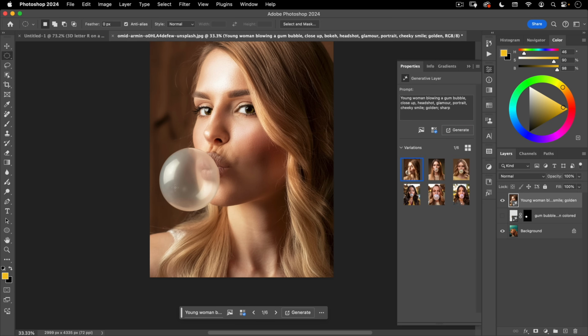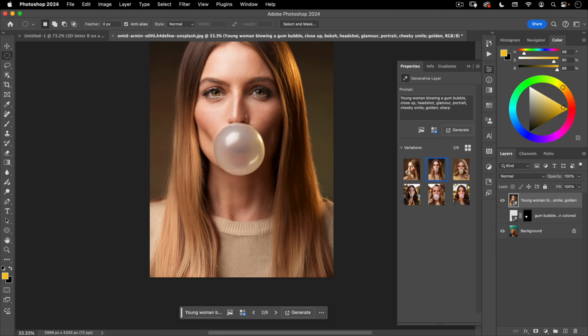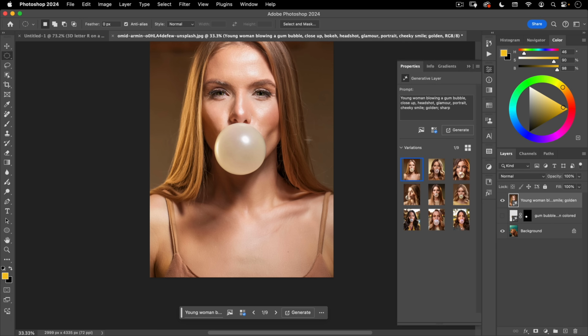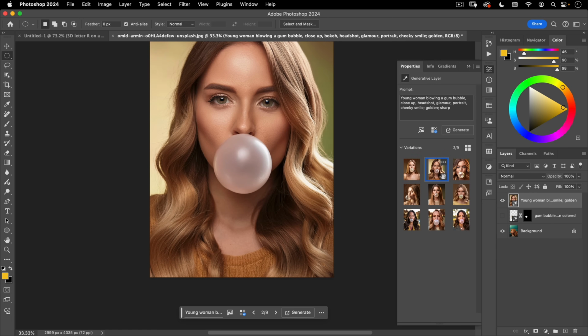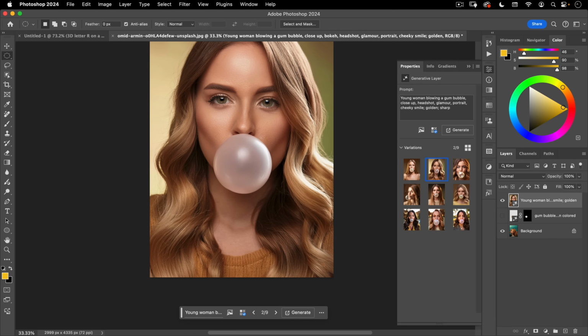This one's quite cool. So I'm liking the direction of these. I'm going to go ahead and do it one more time, see if we can get a nicer result. And I kind of like this one. I like the shadows on there. I like the subtle hint of a mouth inside. So now what I'm going to do is I'm going to cut out this bubble and use it in our